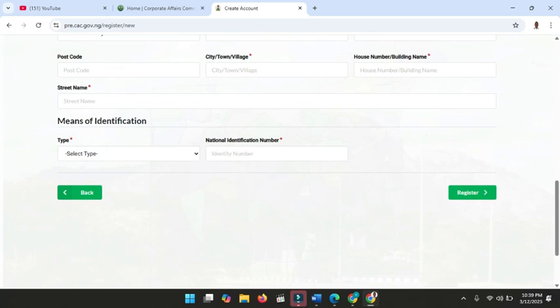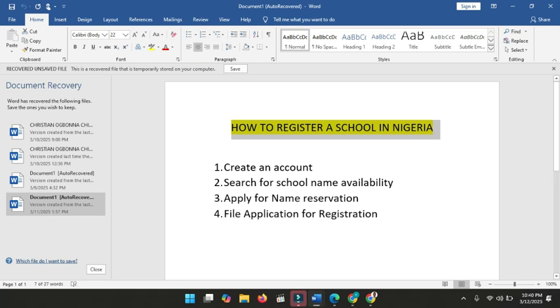As soon as you click on register, the commission will send an automatic email to you to confirm your account. So you have to go to your email address inbox, click on it, confirm your account, then you will now have access to log in to your account. So that's how it is. It is very simple. Now the second step is for you to search for the availability of the school name